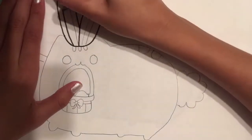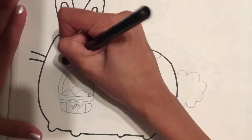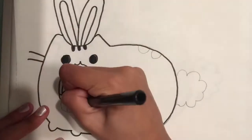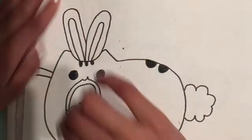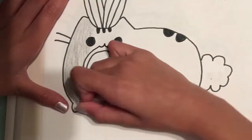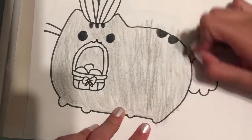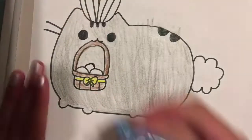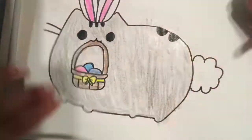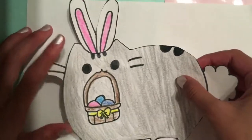Going in with a black marker. I'm also erasing all of the pencil marks, and I'm going to color it in with some Crayola crayons and Mr. Sketch twistable crayons, but feel free to color this with markers, colored pencils, or whatever you like to use when coloring. Now cut your Pusheen paper template out, and we're going to put this on a blank sheet